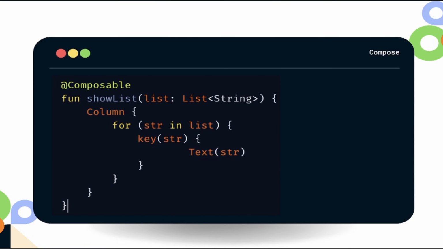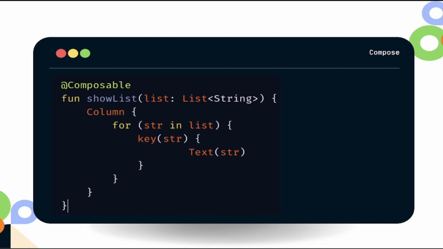That extra information in our case would be to add a key composable. This key composable helps uniquely identify each instance of the text during a recomposition for Jetpack Compose to figure out whether to recompose this instance or not. However, in our case, the string that we passed on to the key might or might not be unique. This is a bad practice. Ideally, you would want to pass in a unique value for key so that Compose can uniquely identify each instance